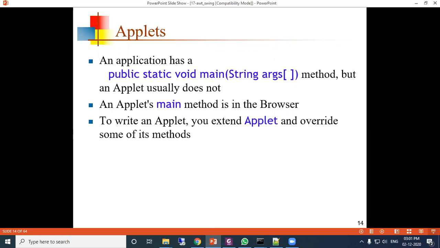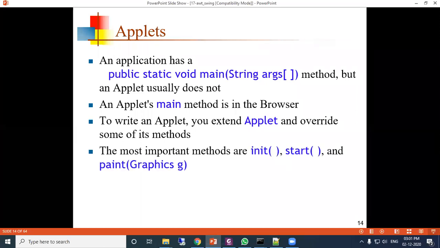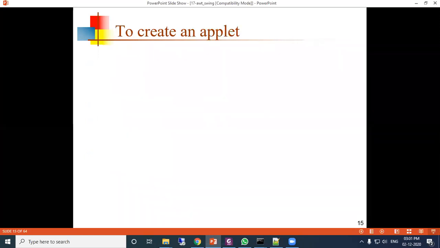To write an applet, already we have discussed this thing. We are only re-discussing because this is related to the AWT. To write an applet, you extend Applet and override some of its methods like paint, init, start. The most important methods are the init method, which is a constructor-type method, the start method and the paint method.